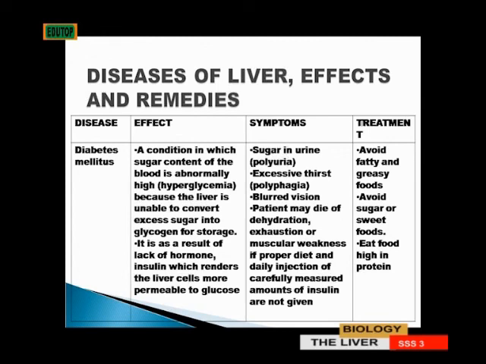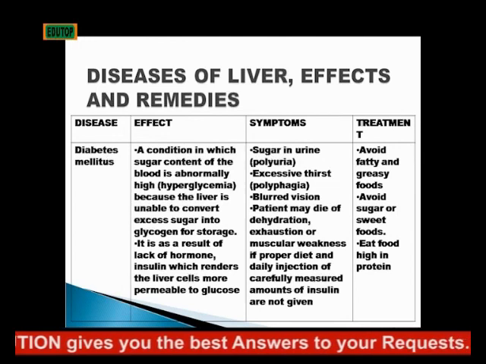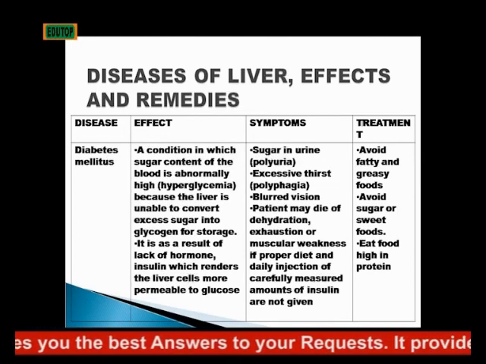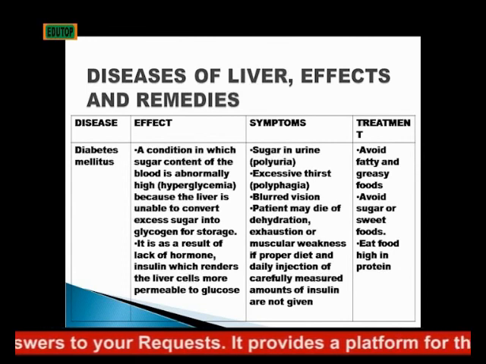Then the symptoms of diabetes: we have sugar in the urine. Then excess thirst, that is called polydipsia. The person thirsts so fast because the water and the glucose are being taken away so fast. Then this disease might be expressed